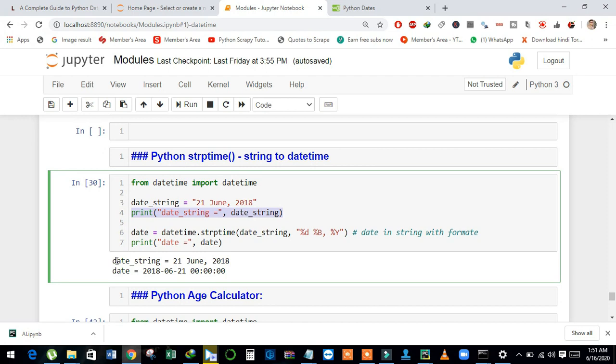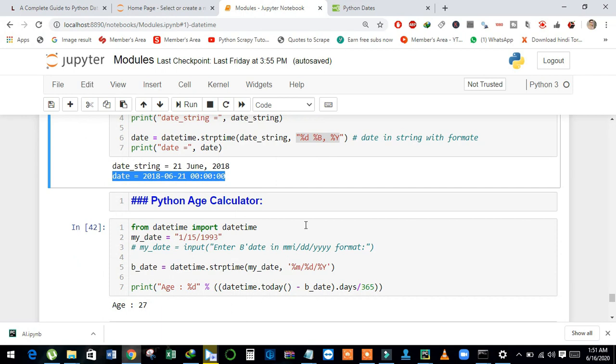And now using datetime dot strptime, I can convert the string time into datetime format. I just pass the string name, and then I define the format. And see here, it returns datetime module format.